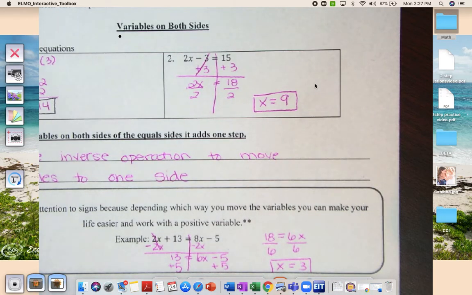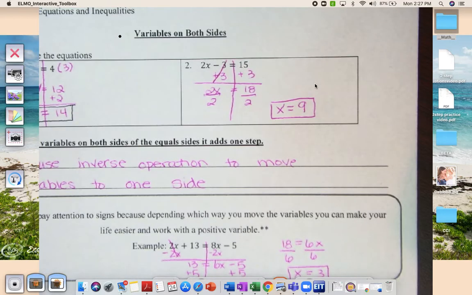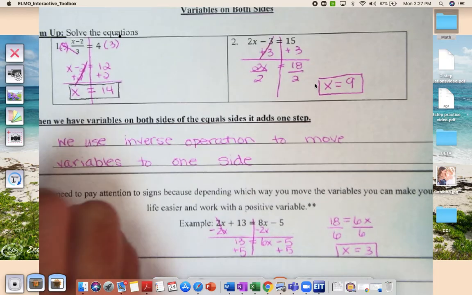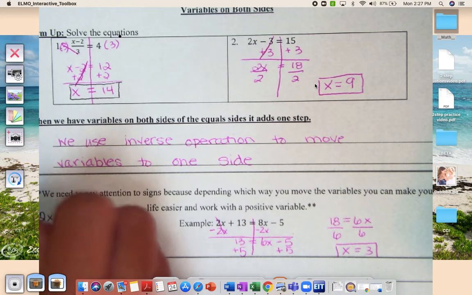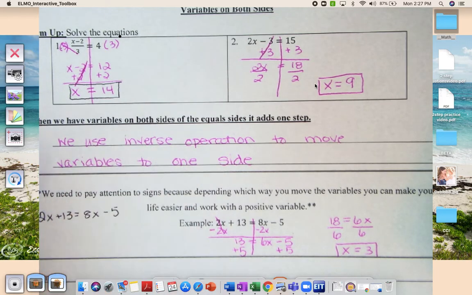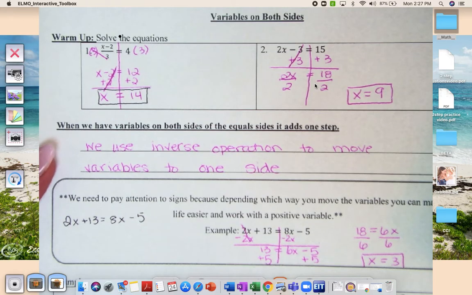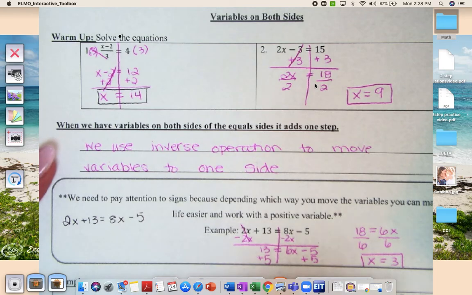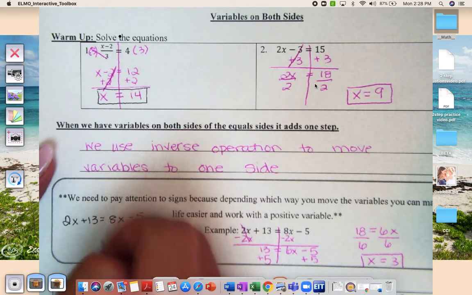All right, if you had chosen to go the opposite direction, I'm going to rewrite the problem, and I'm doing it in a different color. So 2x plus 13 equals 8x minus 5. Say I wanted to move my variables to the left, because that's where we usually see them a lot and we start to develop habits. I would subtract 8x